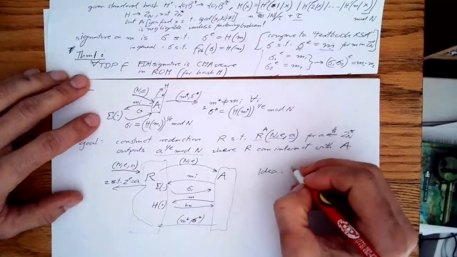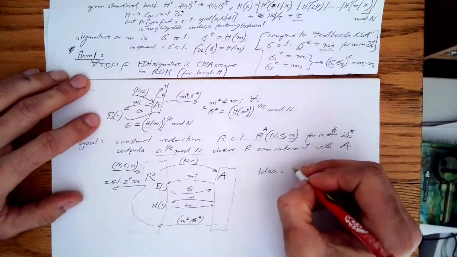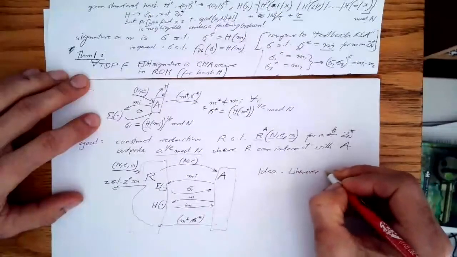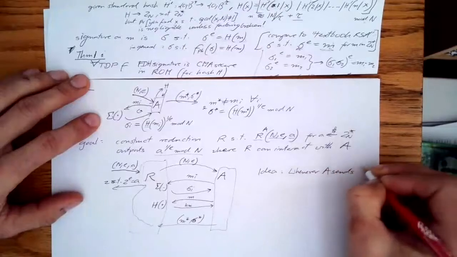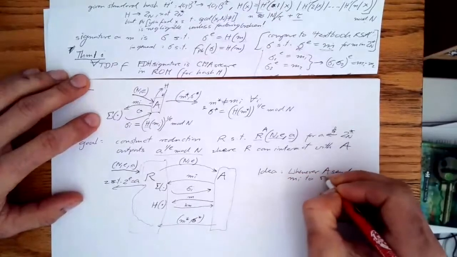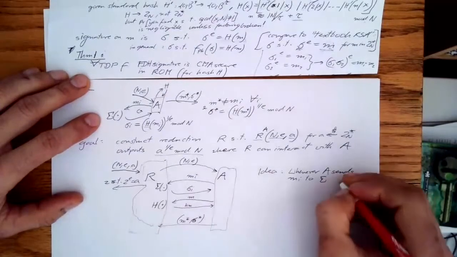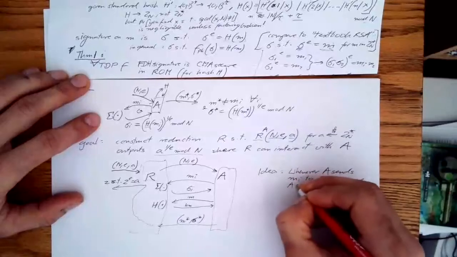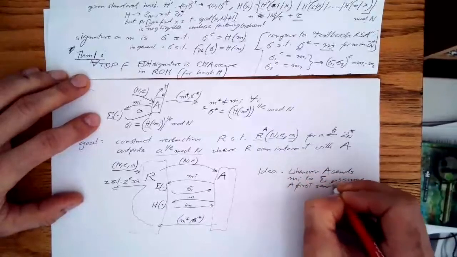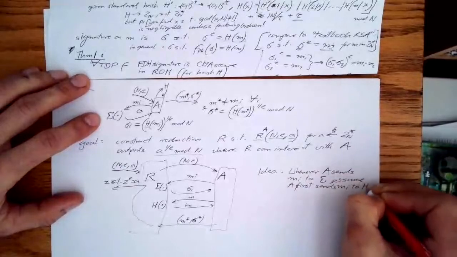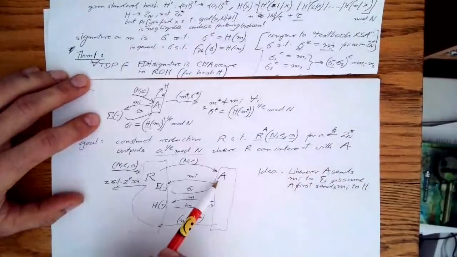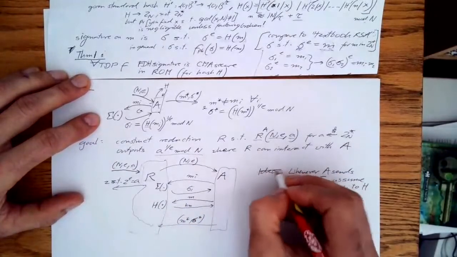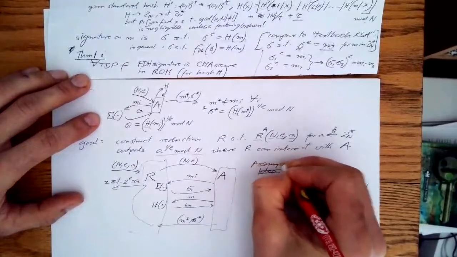So whenever A sends mi to sigma to be signed, assume A first sends mi to H. Okay, so let's assume that whenever A wants to sign something, it first hashes it. Let's write it as an assumption,